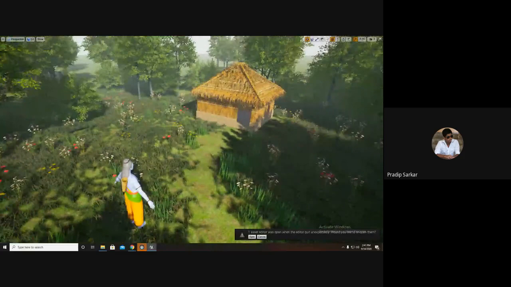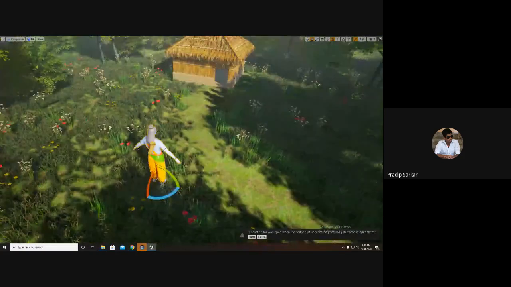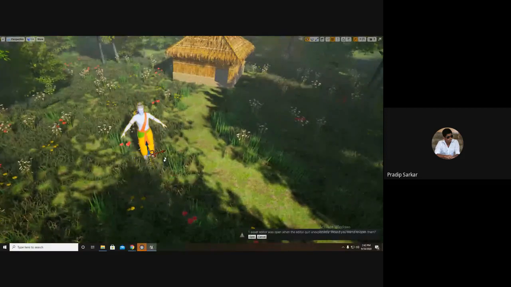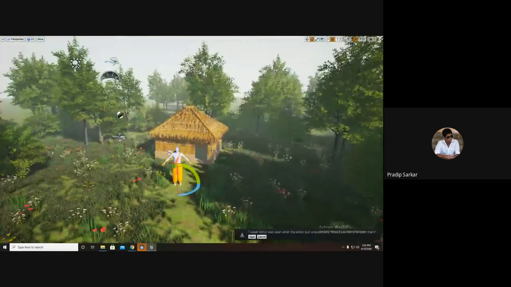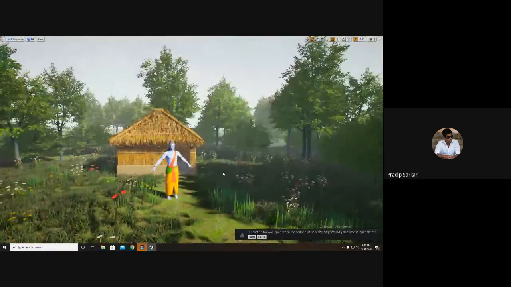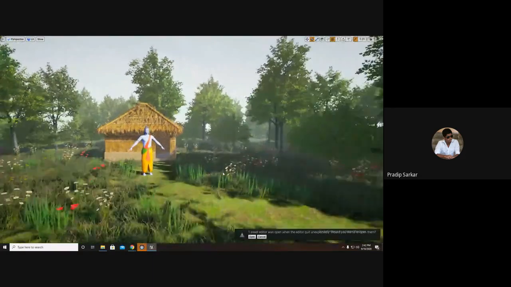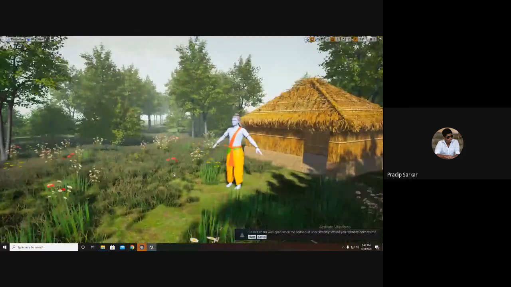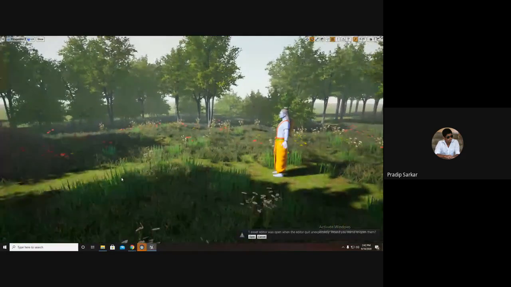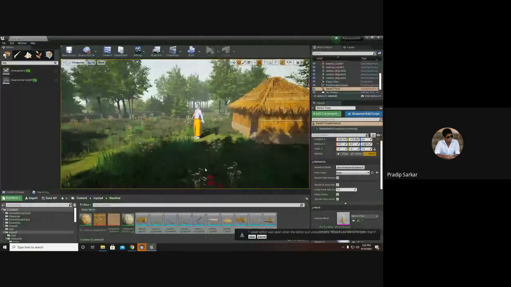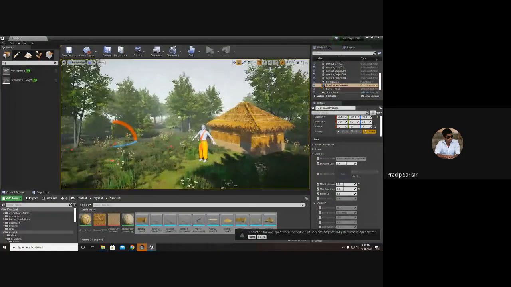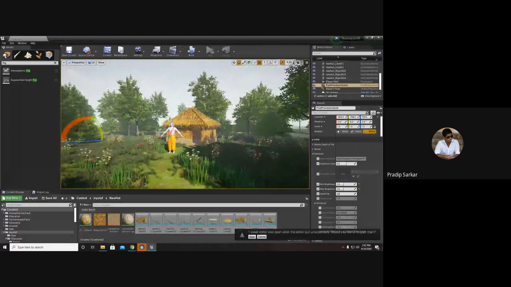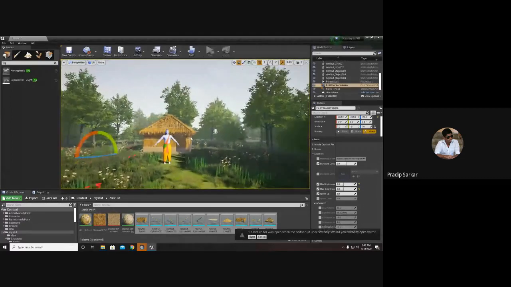This is how we color grade the scene. So the post-process volume is used for color grading and changing the mood of the given scene.